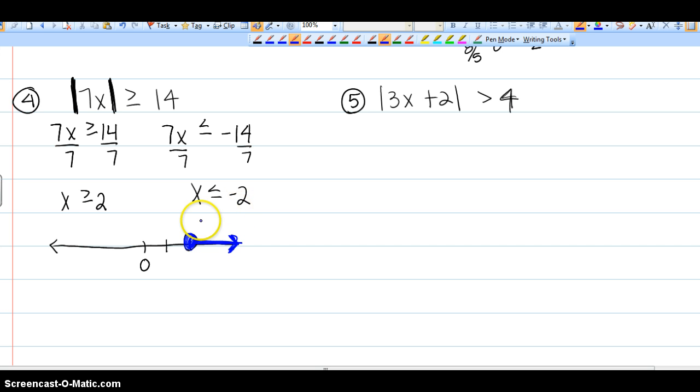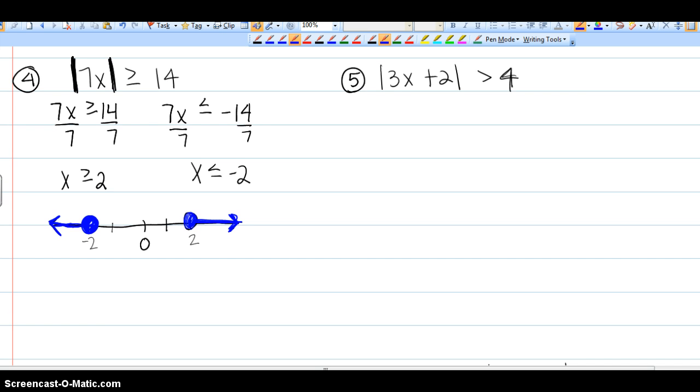X is less than or equal to -2 means we would go to -2. We would open circle, color it in because it's equal to, and we would shade to the left. And we do know that from yesterday that this is interval notation, so this is an or because we've got the two ends. So this would be, remember, to the left forever is -infinity with the parenthesis up to -2, and since it's filled in, it's equal to, it's a bracket,